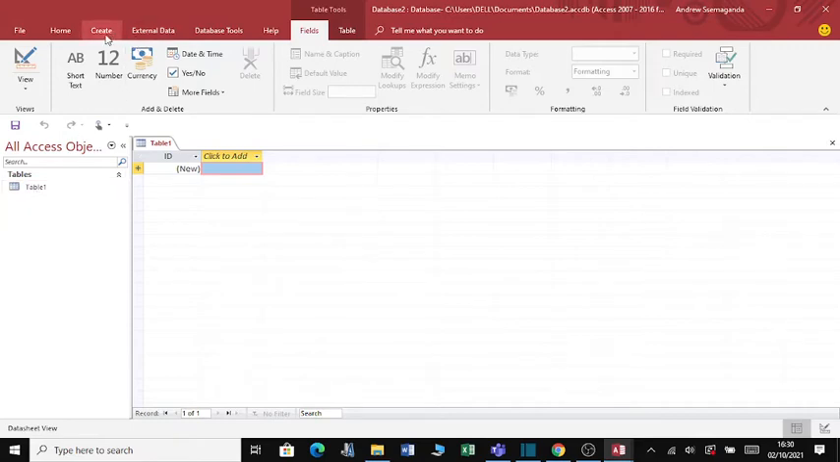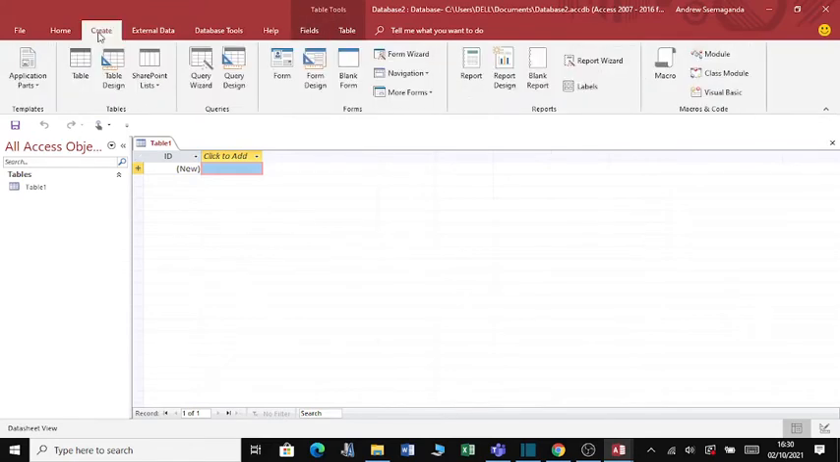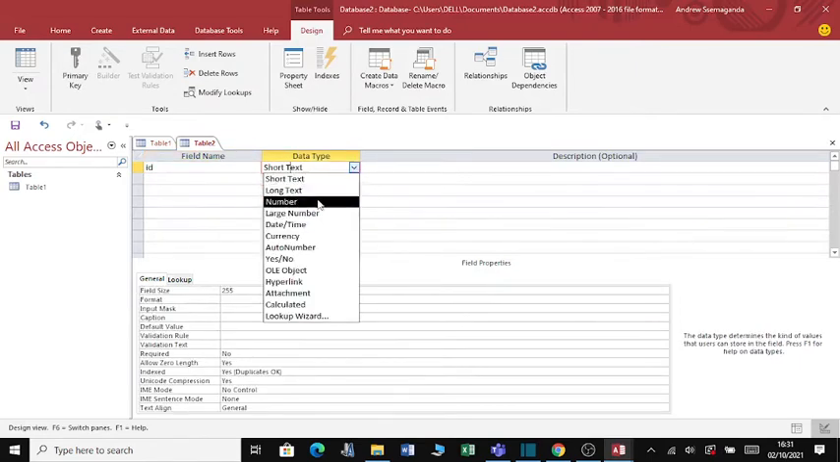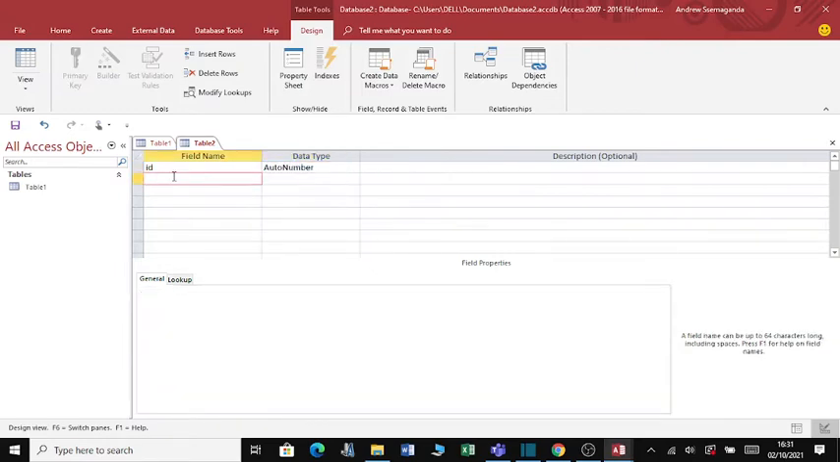create my own table. So you go to create. If you are not well versed with the creation of Access objects, please refer to my previous videos on how to create tables. But here I'm going to show you how to create a table from table design. So I'm going to have the first column, I can call this ID, with the data type auto number,